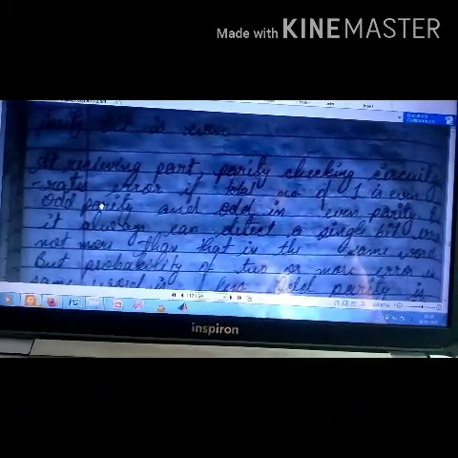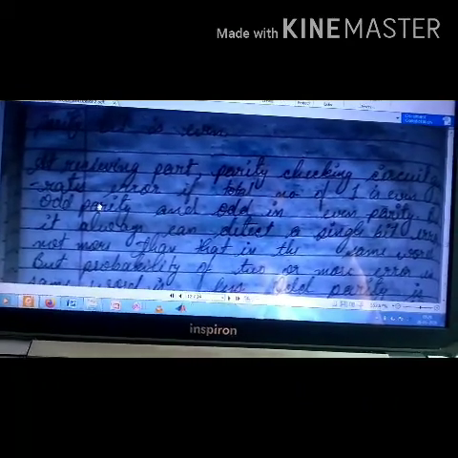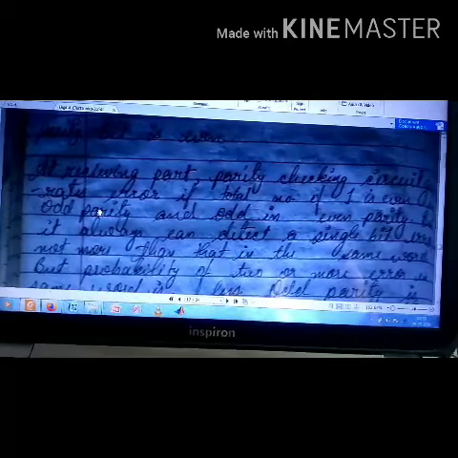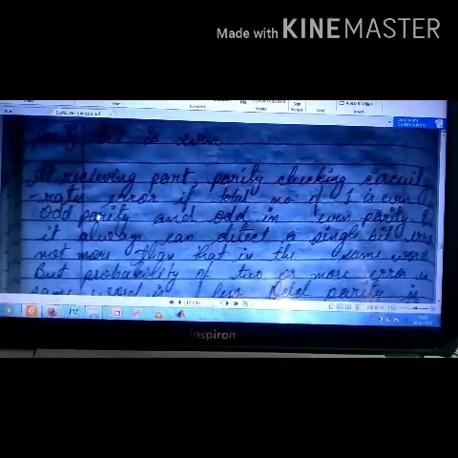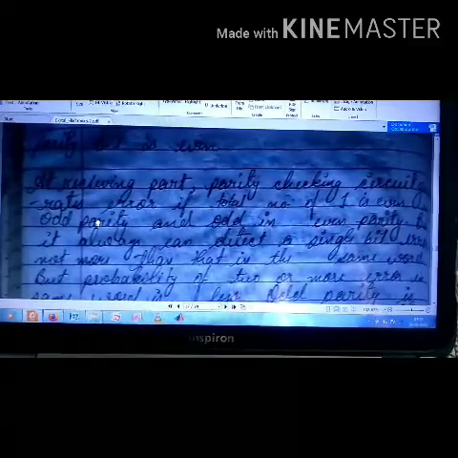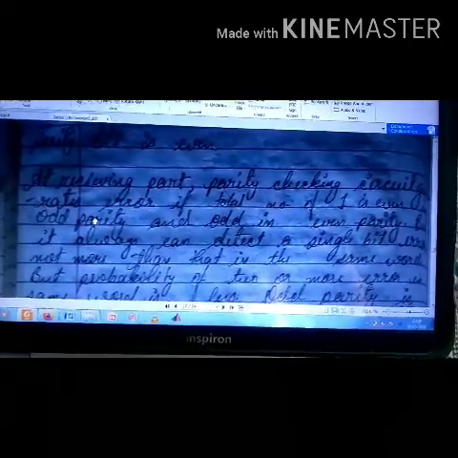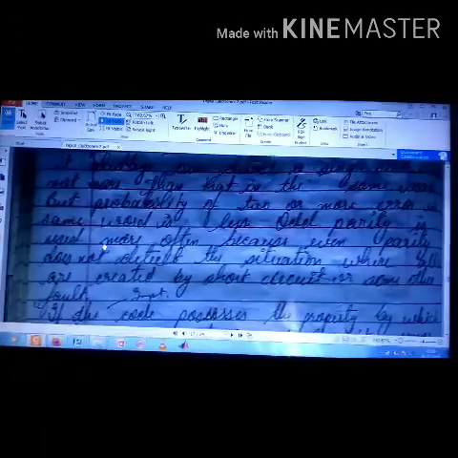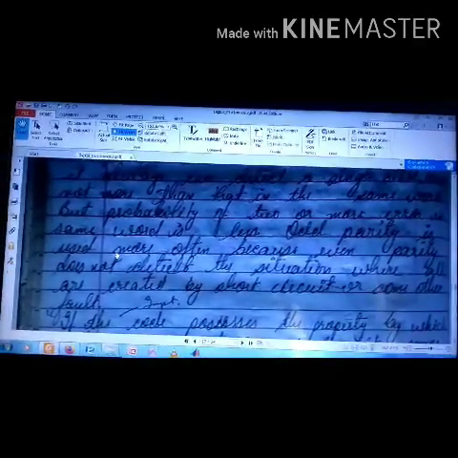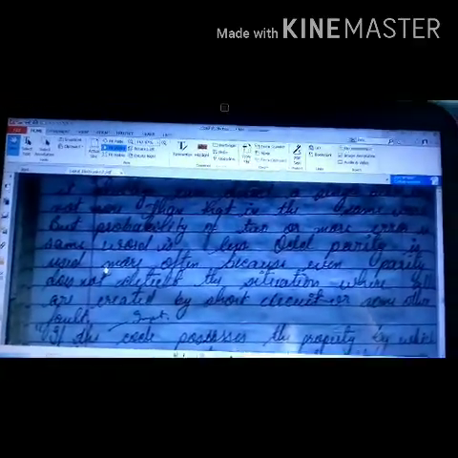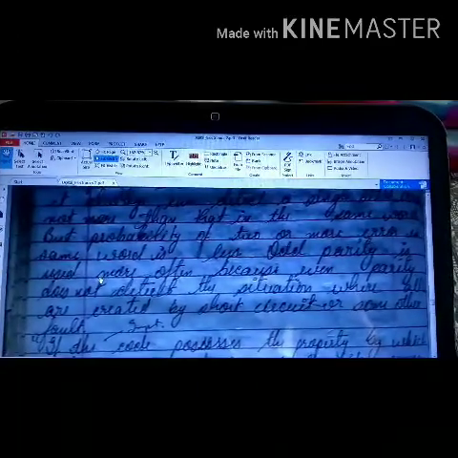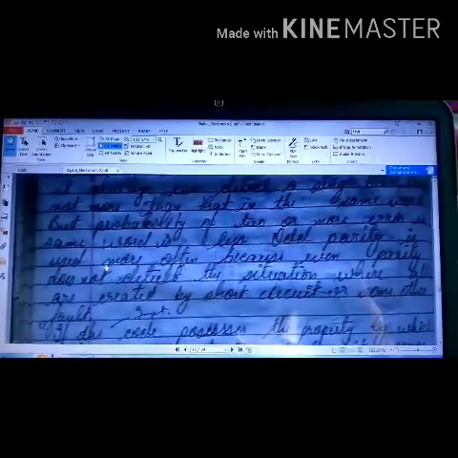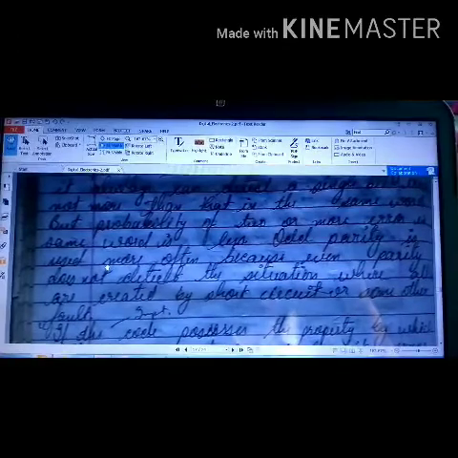But it can always detect only a single bit error. If there is an error in more than one bit, it will not be possible for the parity to check it. However, it can always detect a single bit error in any word. The probability that two or more errors occur in the same word is less. There is very small probability that more than one bit will have an error. So this is sufficient for checking an error.